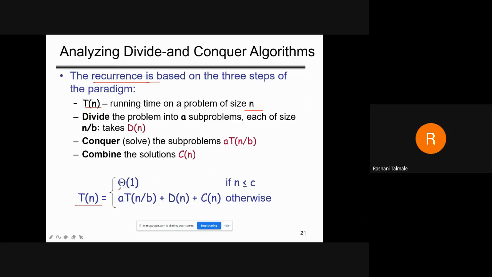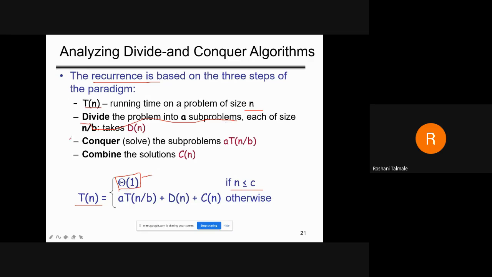मैंने आपको क्या बताया अभी कि constants आपको लगता theta of 1. ठीक है, तो आप starting से लोगे कि if n is less than c, c is nothing but a constant, so it is theta of 1 only. Initially it is theta of 1, but if the size is more, in that case what will we do? If the size is more, then we have to divide the problem into alpha subproblems.